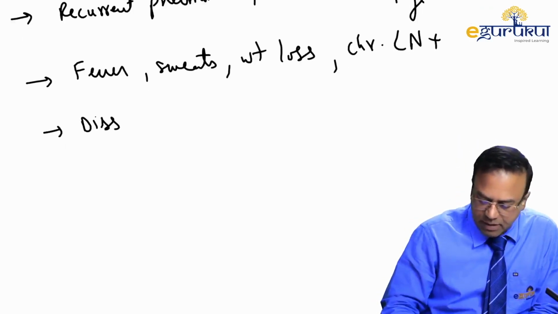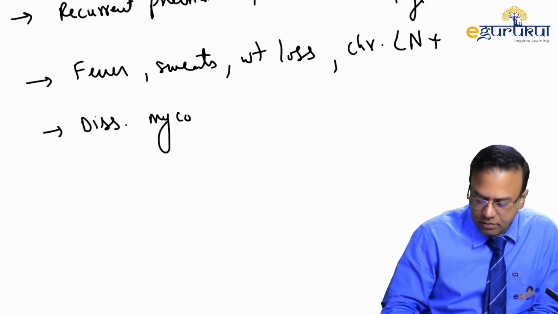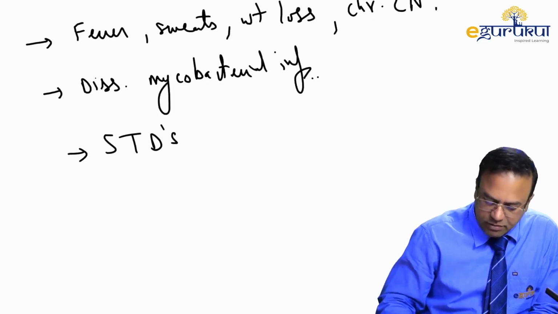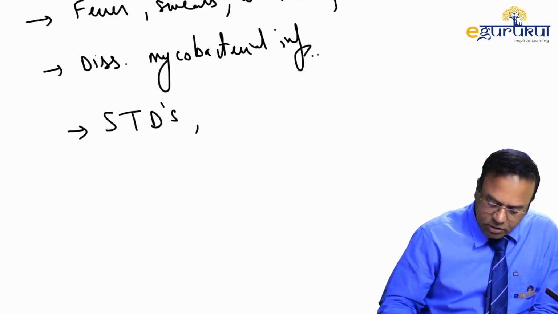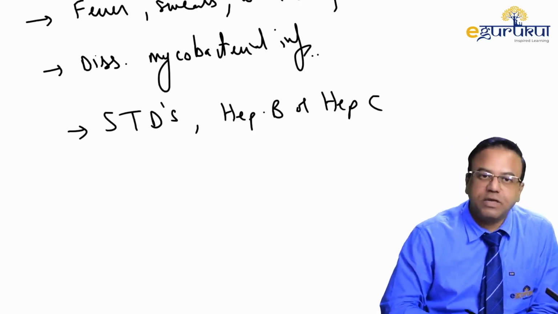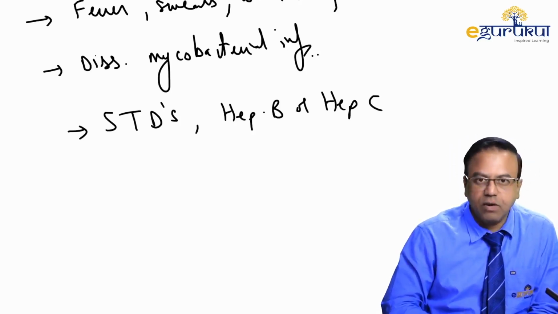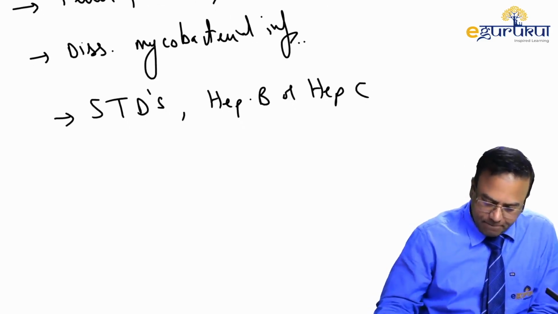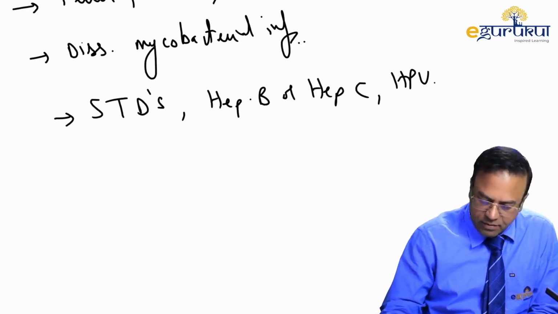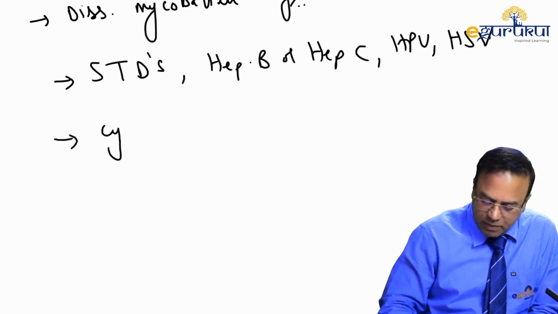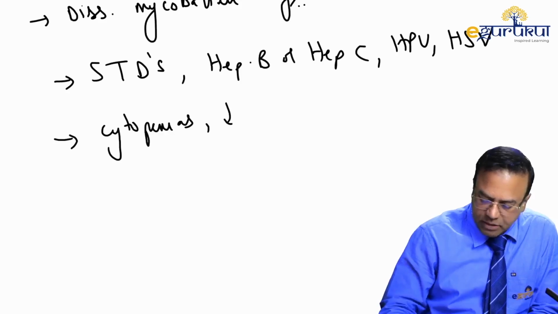Any patient developing disseminated mycobacterial infections, sexually transmitted diseases, or patients presenting with hepatitis B or C, because the mode of transmission of Hep B and C is very similar to HIV. So when you are seeing somebody coming with hepatitis B and C, you should investigate for HIV also. Human papilloma virus, herpes simplex virus infections,